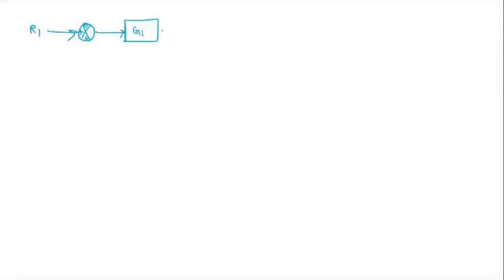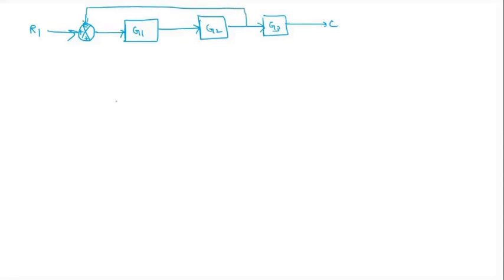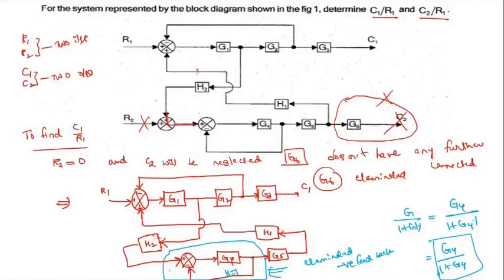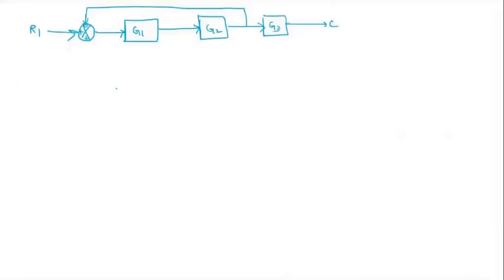G1, again G2, again G3, it's C. So in between G2 and G3 there was one feedback which is given like this. Fine. Okay, here I already replaced this summing, this entire branch, the blue color box, with the help of this block. So therefore I'm going to write that block here directly. That block can be written as G4 by 1 plus G4.